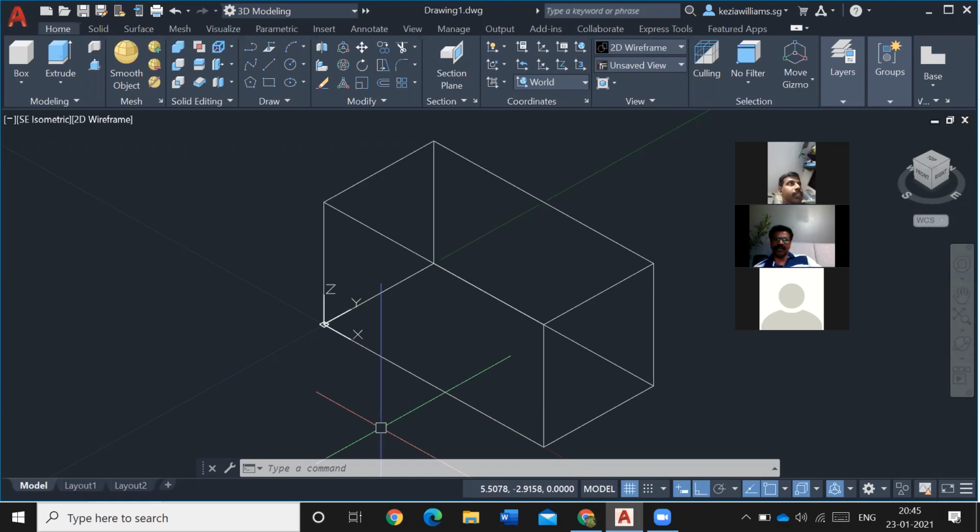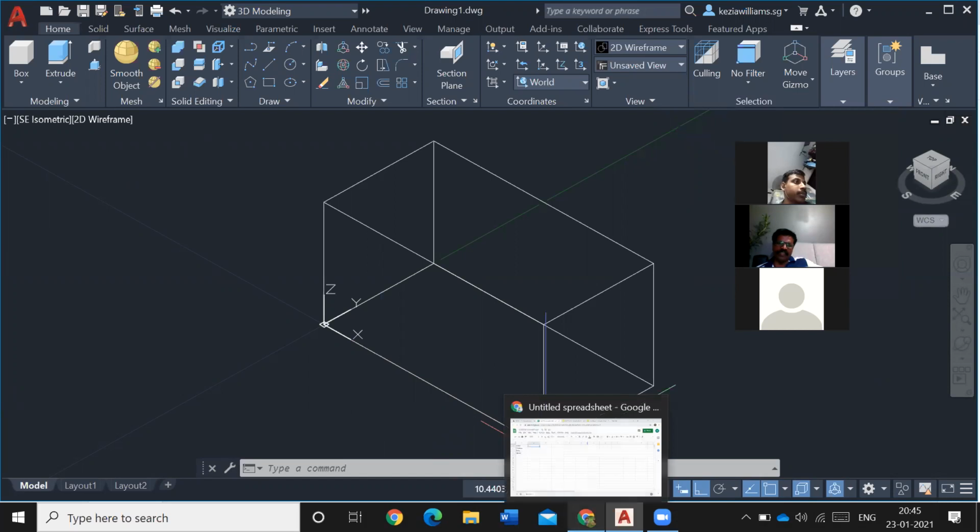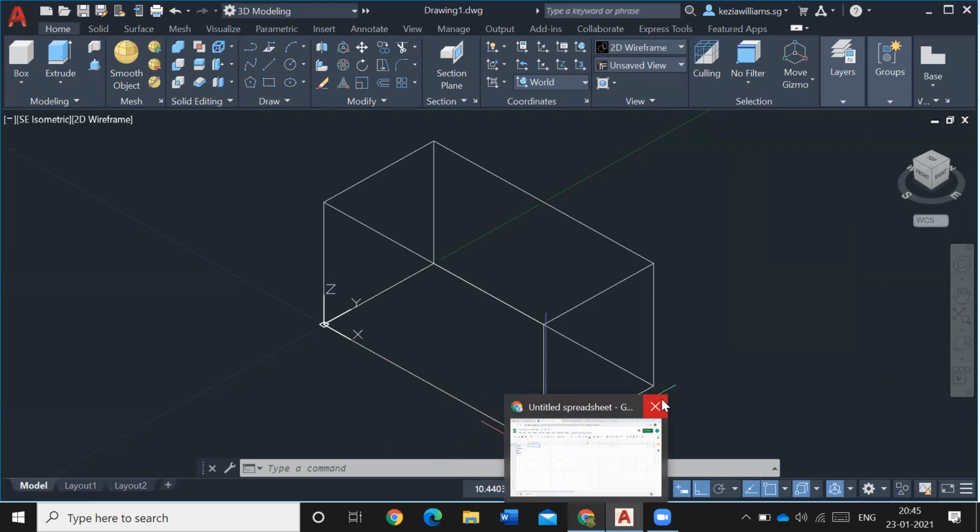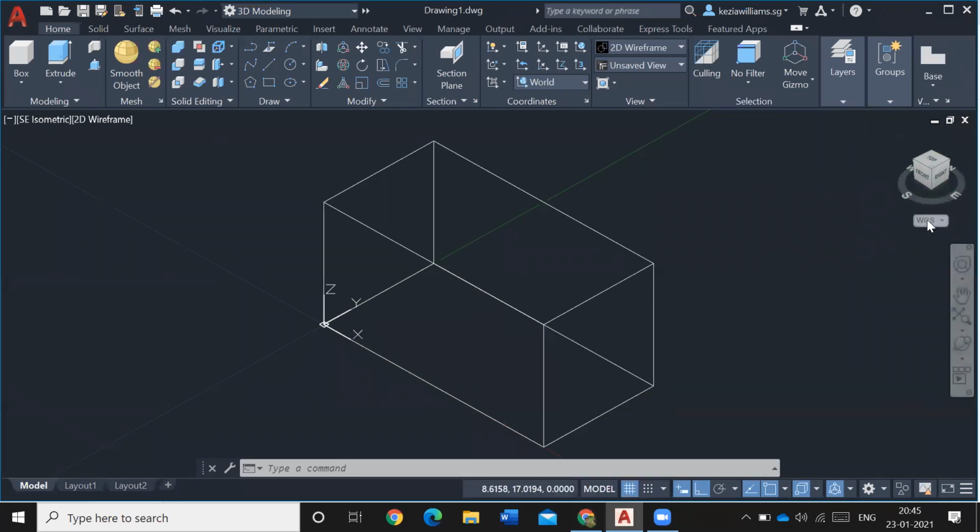Without the object, X and Y can rotate. Okay. Yeah. So WCS is? WCS rotates with the X and Y and the object. Okay. So I think the best definition of the difference between UCS and WCS is, you see here, it gives you WCS, right? Okay.